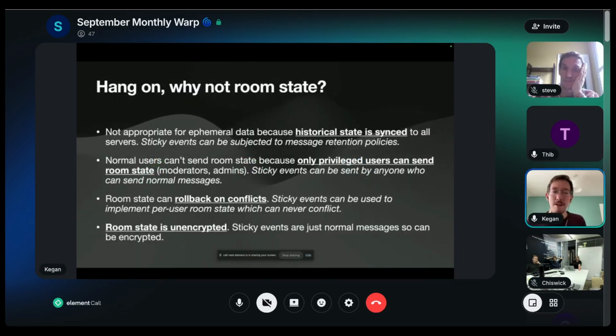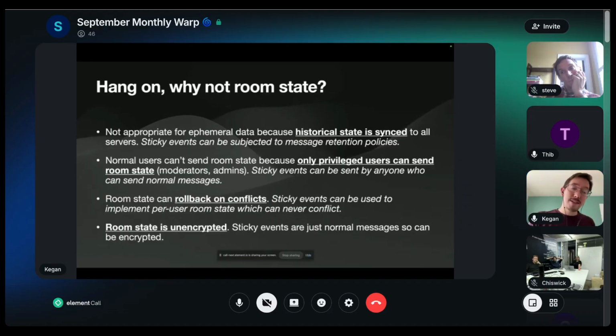And you could just say, okay, well, hang on, why don't you just use room state? Like, room state surely allows you to have per user ephemeral information, right? And it's not really appropriate, because we persist all historical state, and that has to get synced to all the other servers. So it's not very performant. And room state can only by default be sent by privileged users in the first place. And room state can roll back if there's any kind of conflicts, and the room state is unencrypted. So there's a whole bunch of reasons why room state isn't really appropriate for this kind of data, but sticky